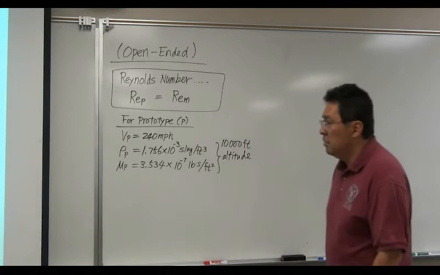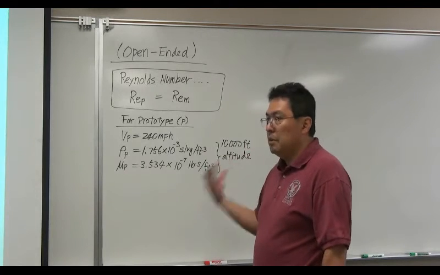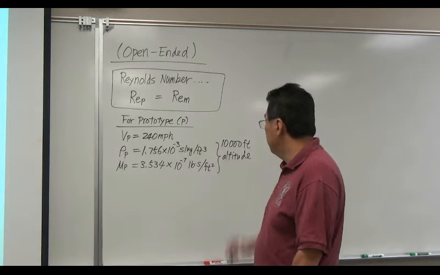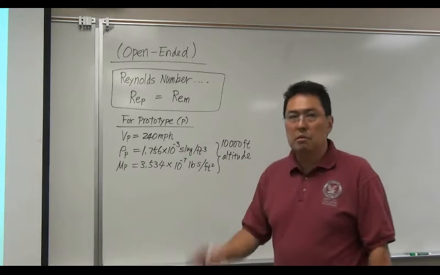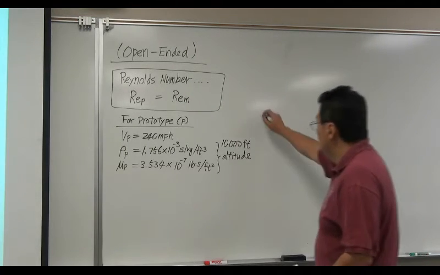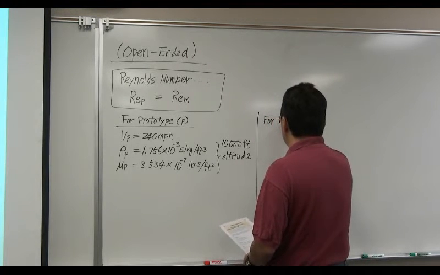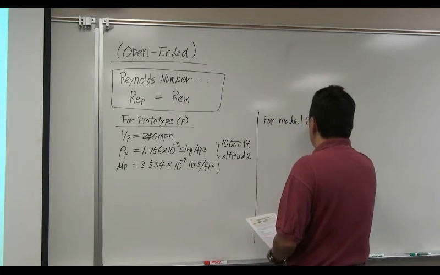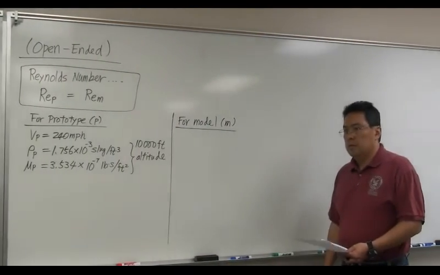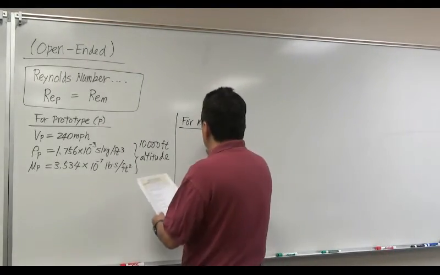Well, perhaps your design team wanted to design and build an airplane which is capable of flying 240 miles per hour at the 10,000 feet altitude. This is probably typical cruising condition of your design. Sure, I understand that. So let's take a look at the model. In other words, you want to test your airplane in wind tunnel. Wind tunnel is usually limited facility, okay? So for model,